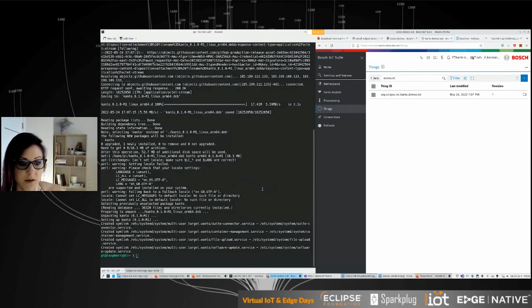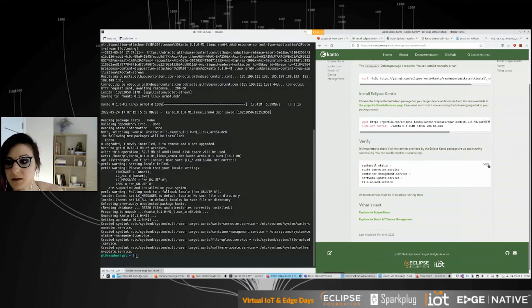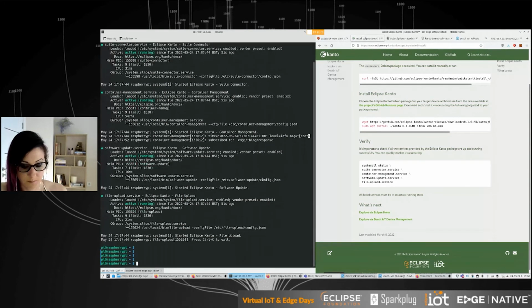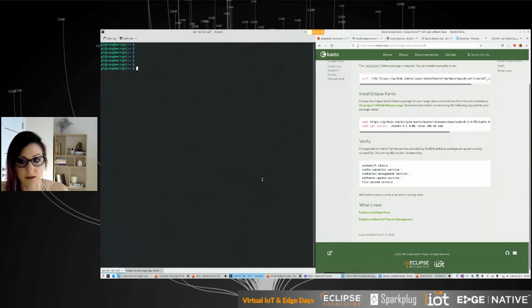And we can see now that actually our installation has finished. If we go back to our installation guide, let's quickly check if everything has gone well. Okay, everything seems green, which is good. And now I will do a small configuration, but actually let's first make the device screen.